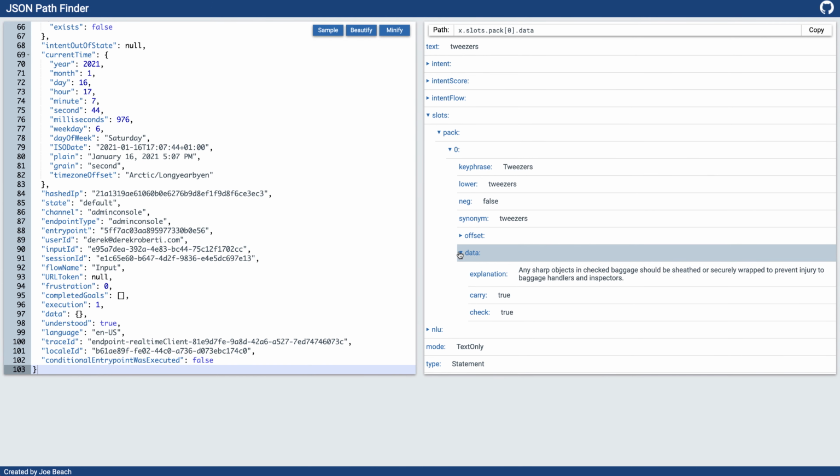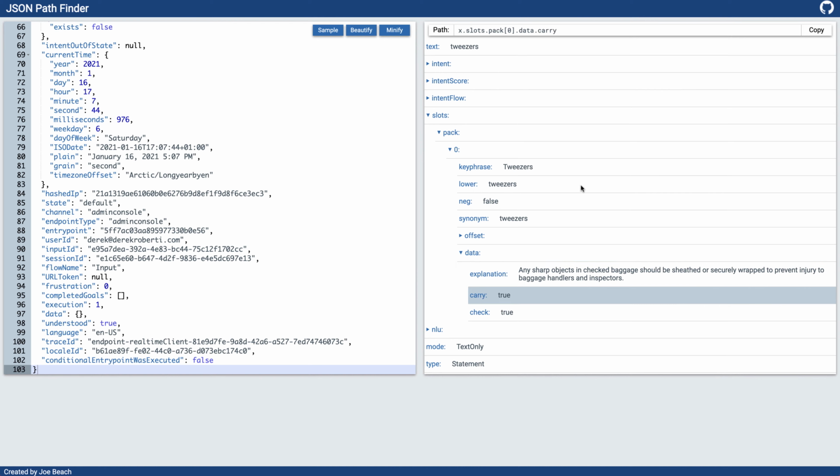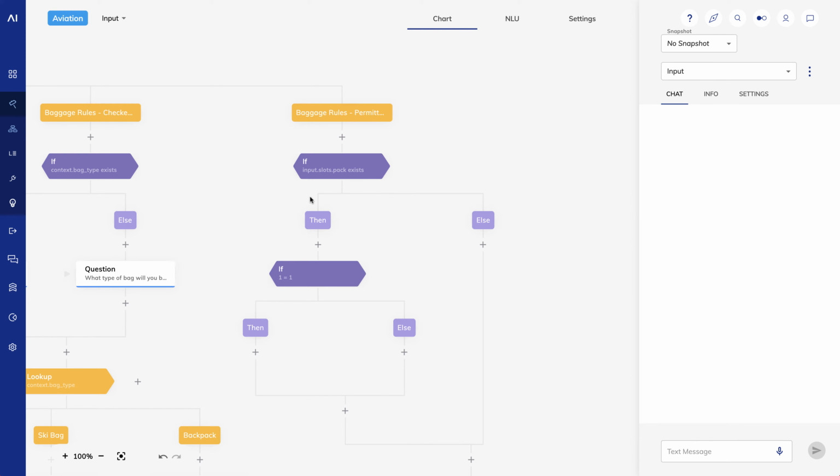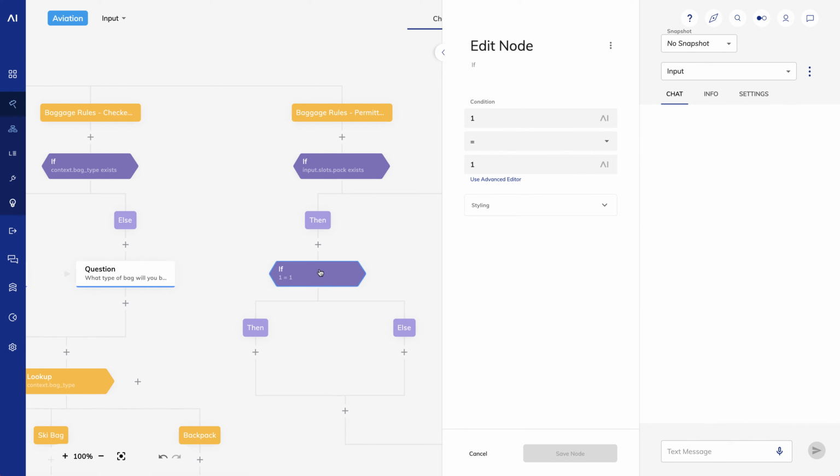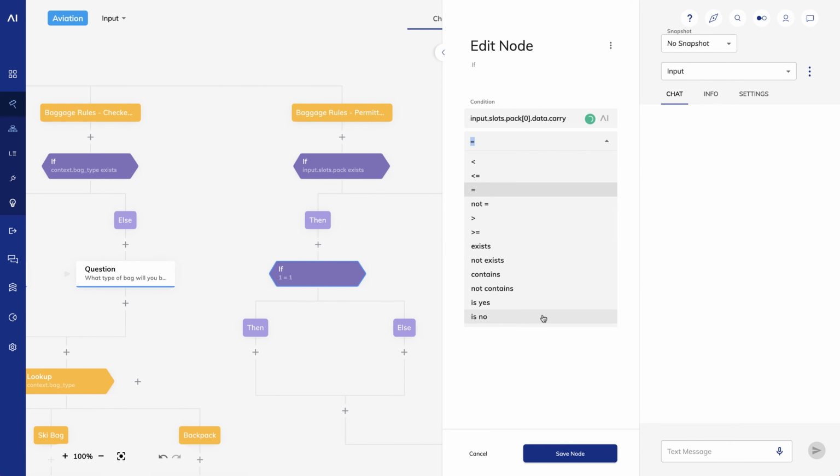I'll copy that and paste it into my condition. I'll change the X to input. For the condition, I'll put is yes.